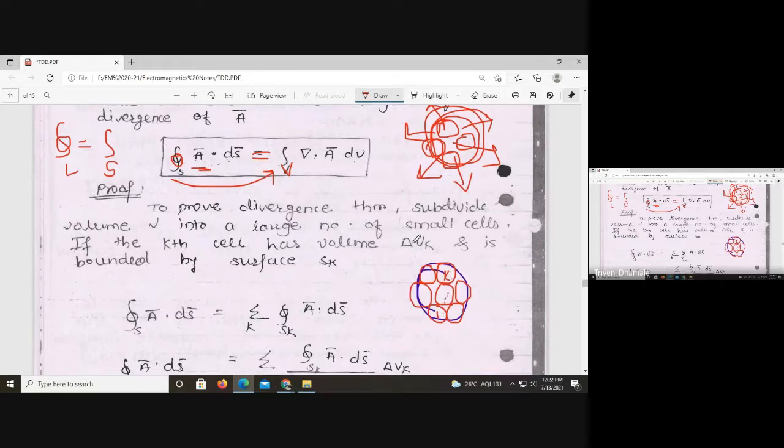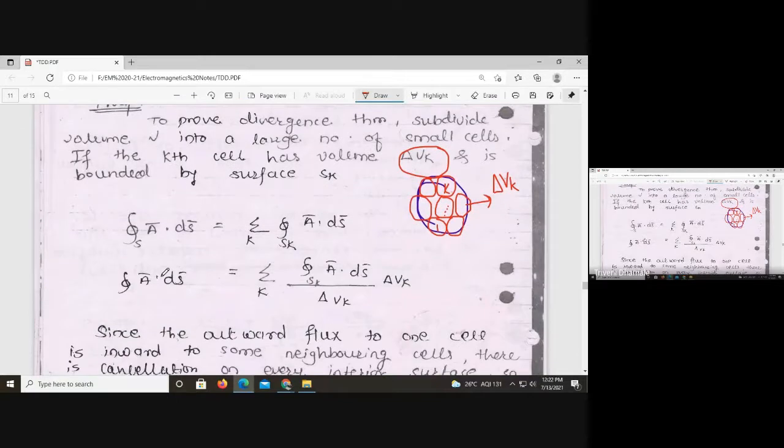Okay, so total volume क्या होगा? Delta V_k, एक सेल का volume क्या होगा? Delta V_k, kth cell. ओके, so same मुझे just in terms of k, like A bar dot dS bar, LHS side of the divergence